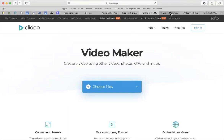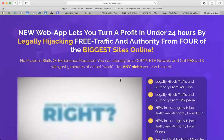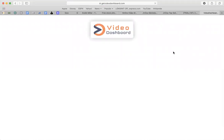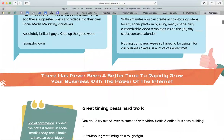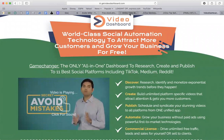So for example, we're going to be using a particular product. Let's say we're going to go with VR agency. We can go with that. We can go with mytrafficjacker.com. And you can look at this. Could be that. It could be video dashboard commercial, because people probably are looking for a commercial, dashboard stuff. So you could go on here and read up about it, watch the videos, and then you can create other videos